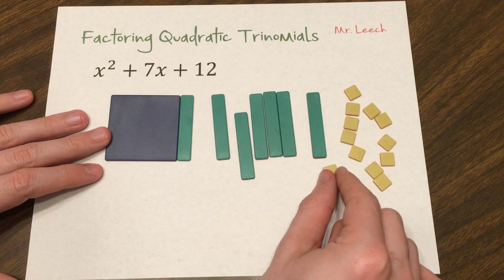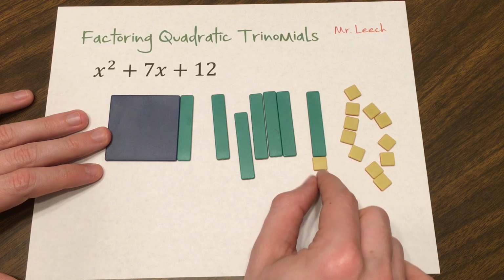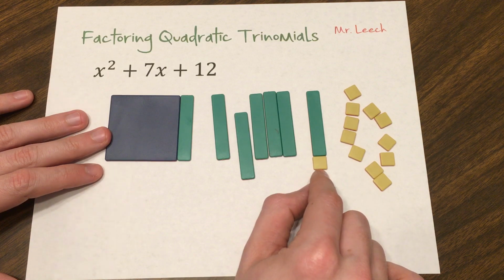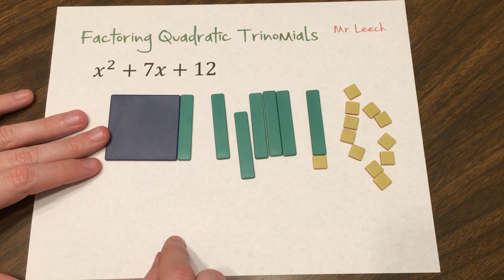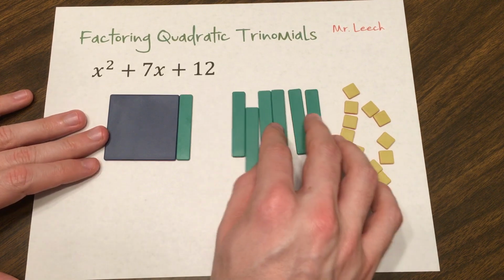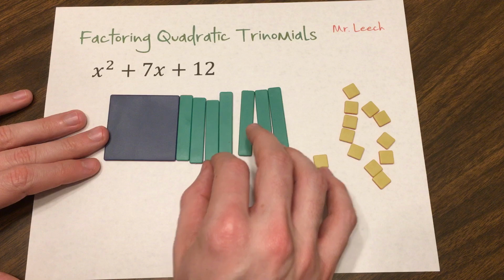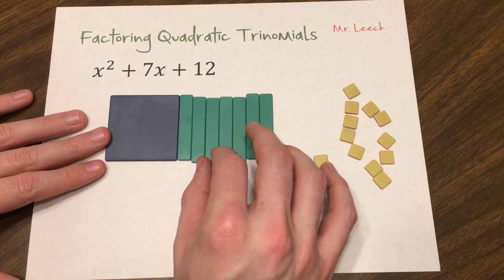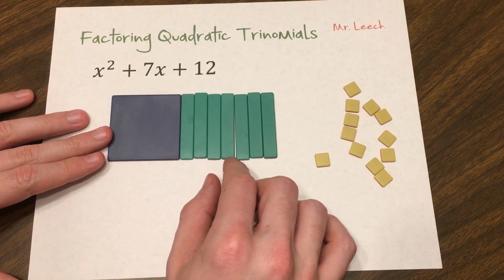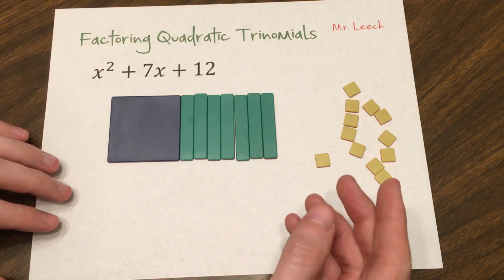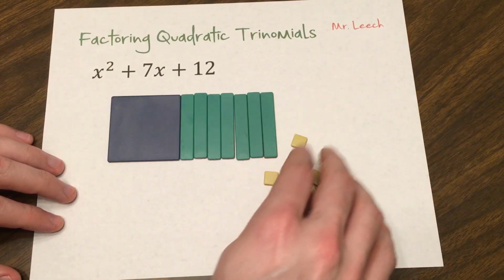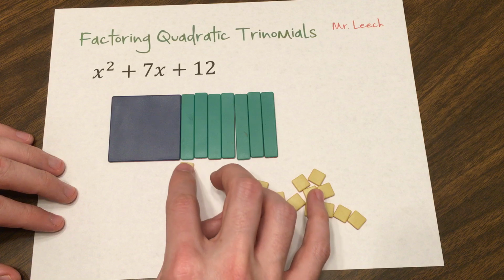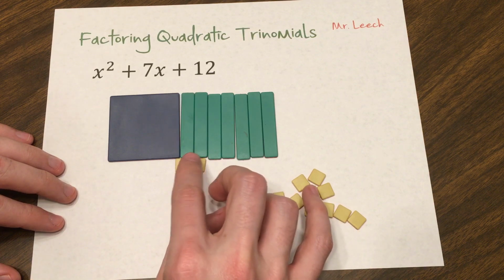But it is important that the width of this x is the constant that'll play together when we start factoring this. So I could put all the x's like this, but the problem is that's not going to make a very good rectangle because what do I do with these constants? Well, I said a second ago I could put the constants here